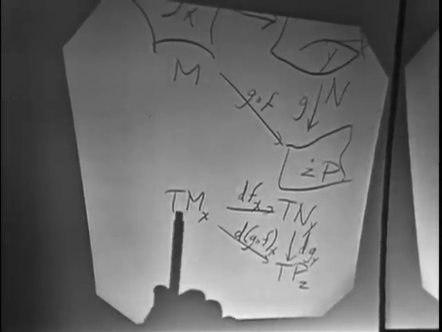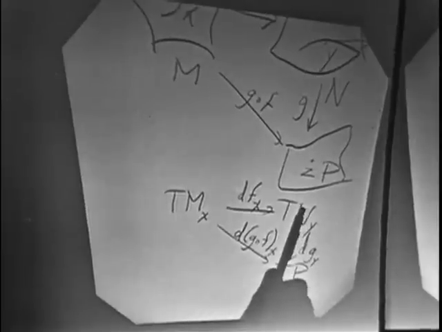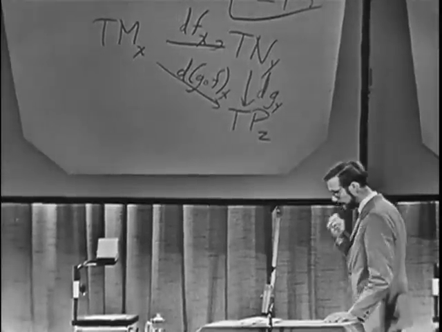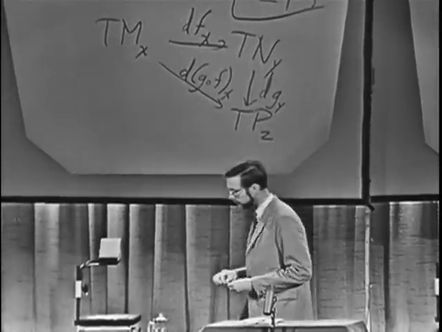And it turns out very easily that this is again a commutative diagram. In other words, if we first take the derivative of f and then the derivative of g, what we get is precisely the derivative of g composed with f. And you see, for example, out of this that